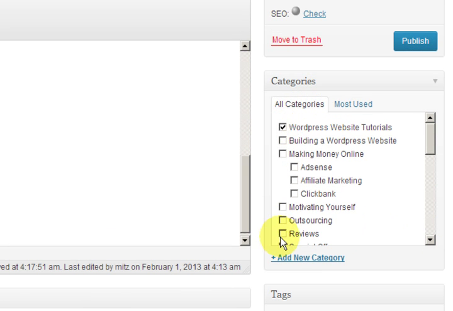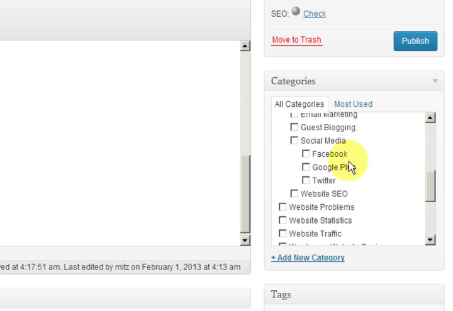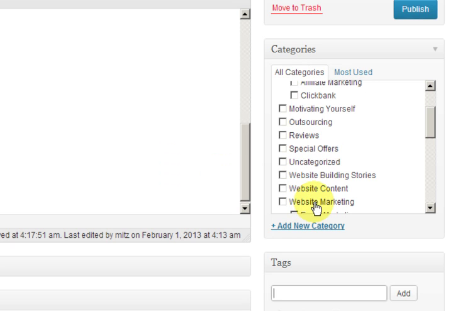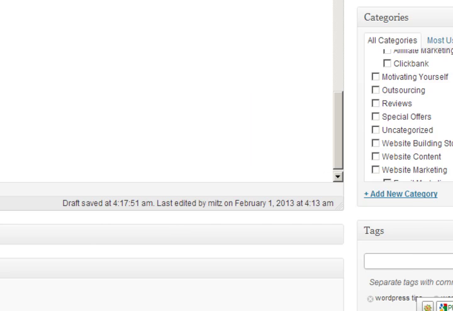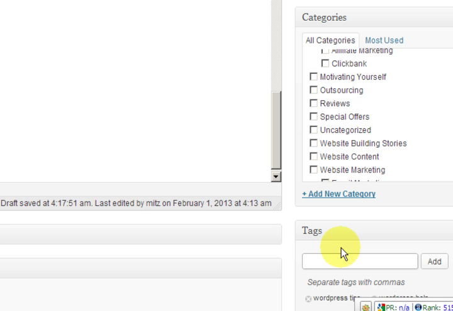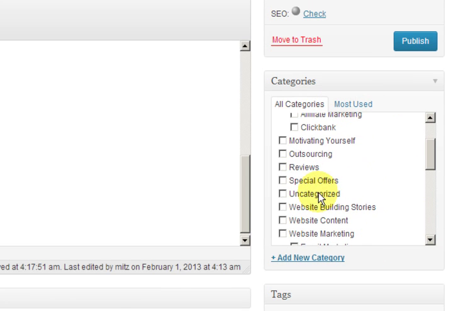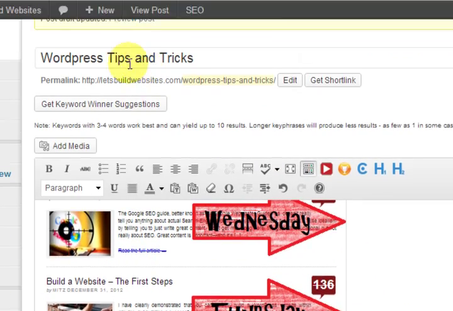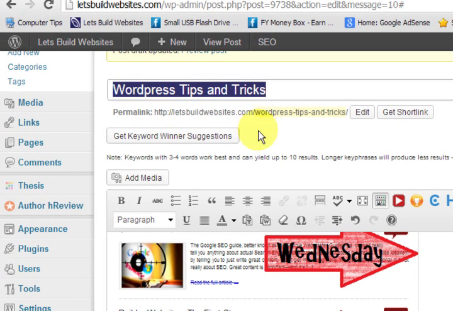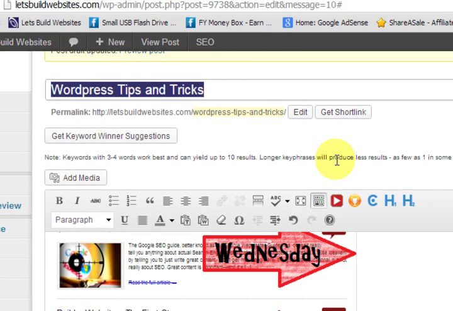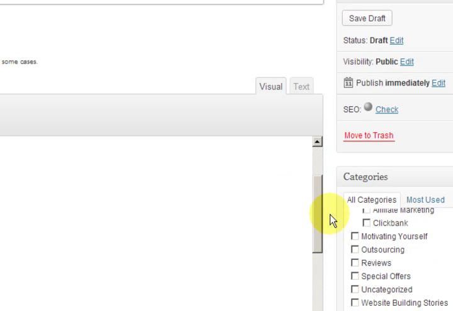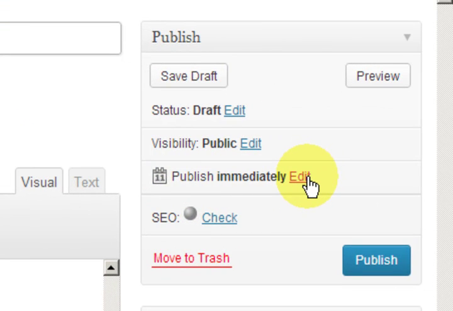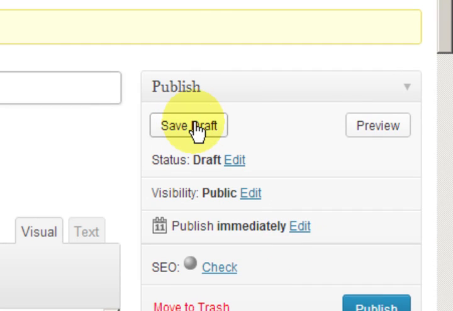Then you choose a category here. So you go through and find the best category for your post. So what we've got, we've filled in the SEO details, we've filled in the tags, we've chosen a category, we've put our content in here, and we've got a title, and we've edited the URL. Okay, so now we can publish immediately, which is easy because you just press publish, or save as a draft,